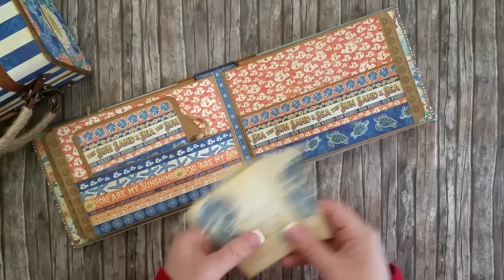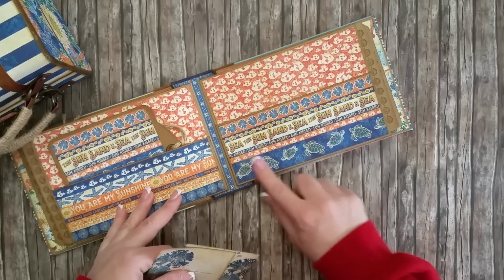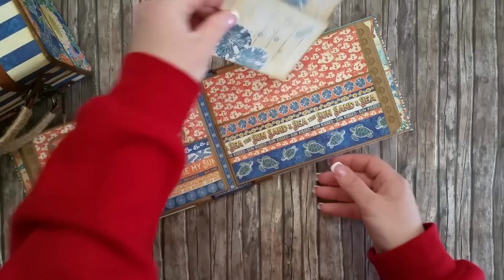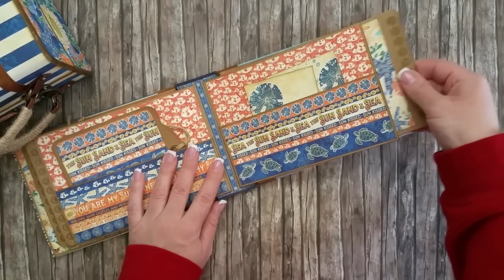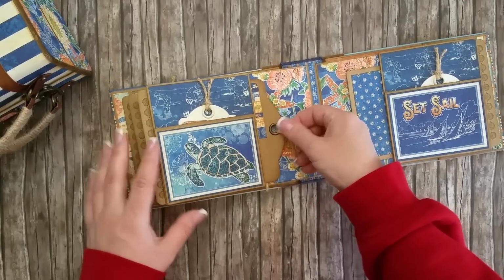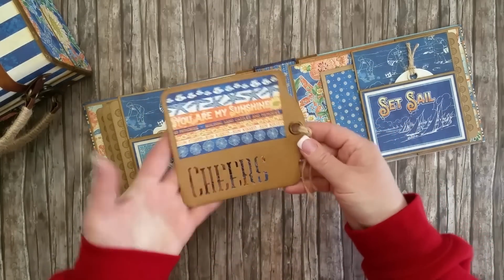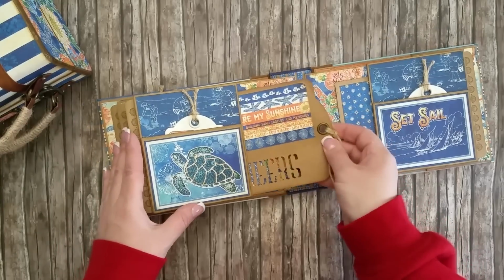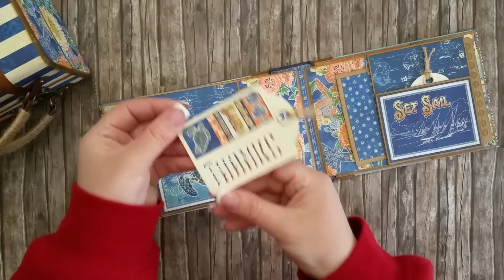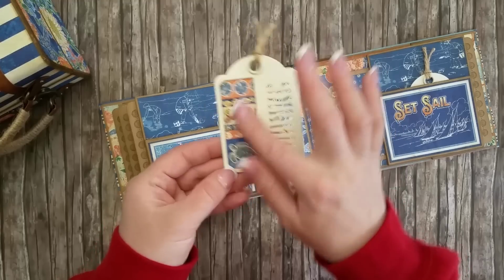So on this side of the page there is also a horizontal pocket with the same strips of paper designs, and 2 of the ephemera cards inside the pocket. Another photo mat is stored inside the pocket style page. This one here has 2 pockets. The vertical pocket, which also holds right now another tag with the word cheers, and there is also a horizontal pocket which holds a tiny tag with the word thanks, and I've embellished it with some of the paper scraps